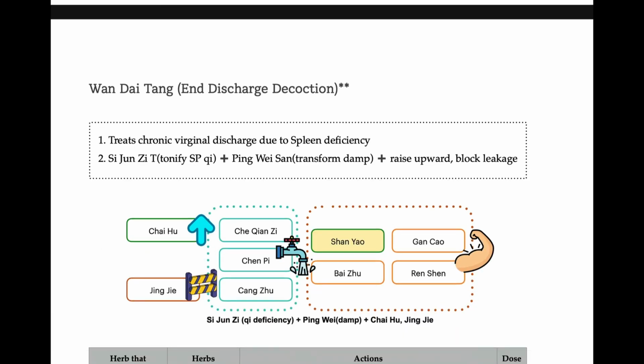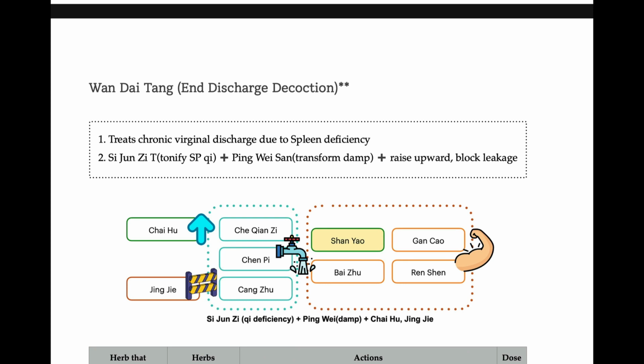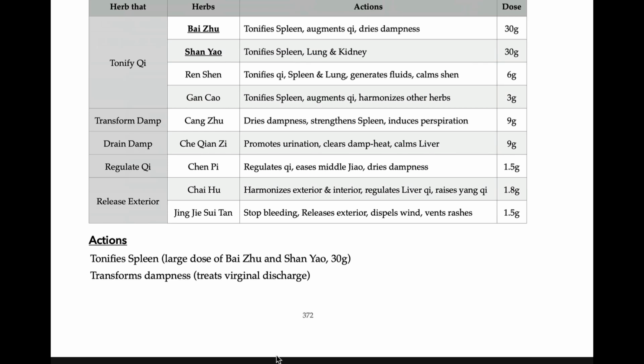And Wandai Tang is for qi deficiency. What? Vaginal discharge. White vaginal discharge. Longdan Xiegan Tang was for heat signs, heat vaginal discharge. This one is white, because of qi deficiency. So two Gujing Wan: one Gujing Wan treats seminal emission, and the second Gujing Wan treats beng lou with heat signs. And third, Wandai Tang treats discharge. Remember those three formulas.